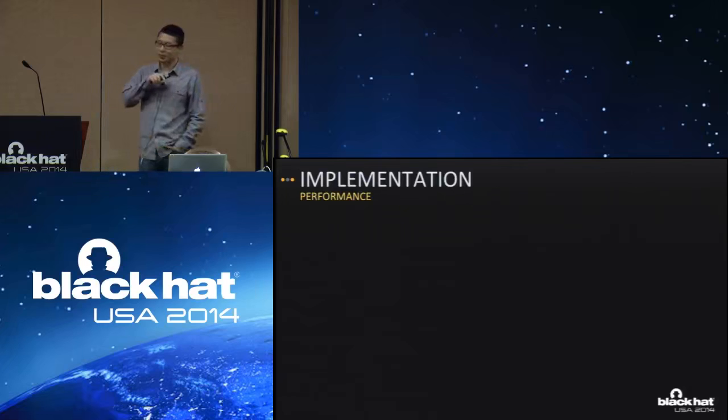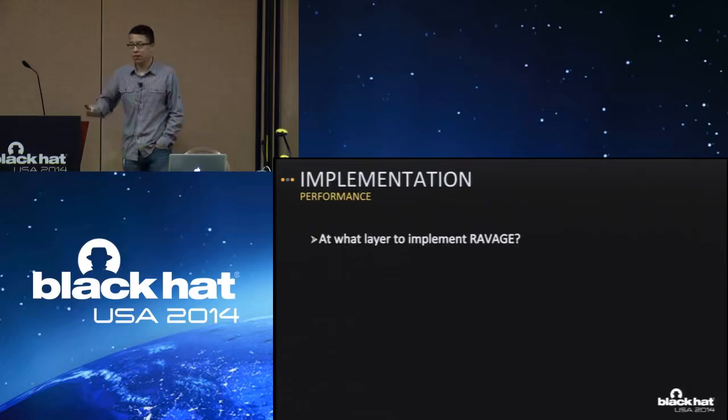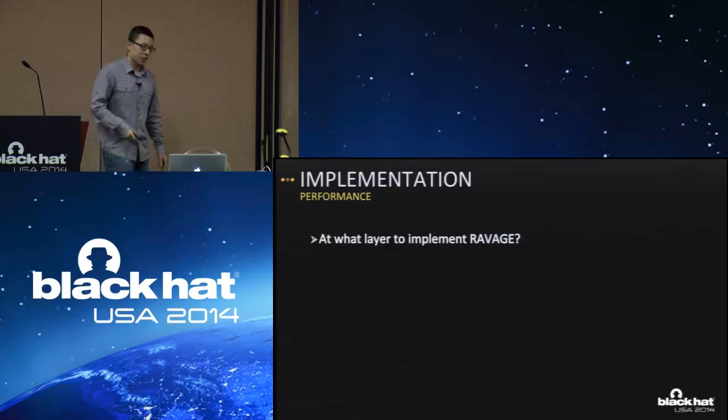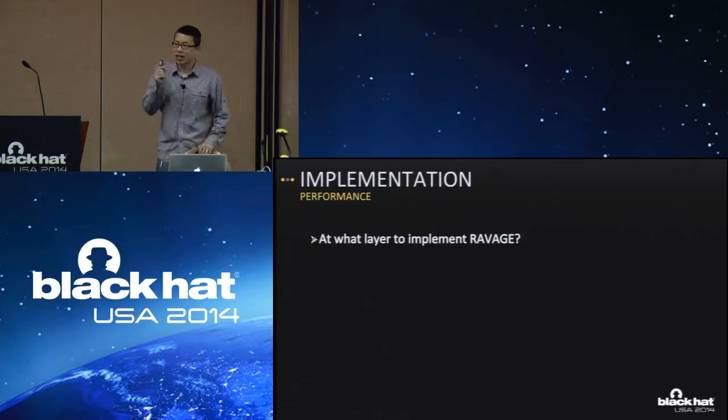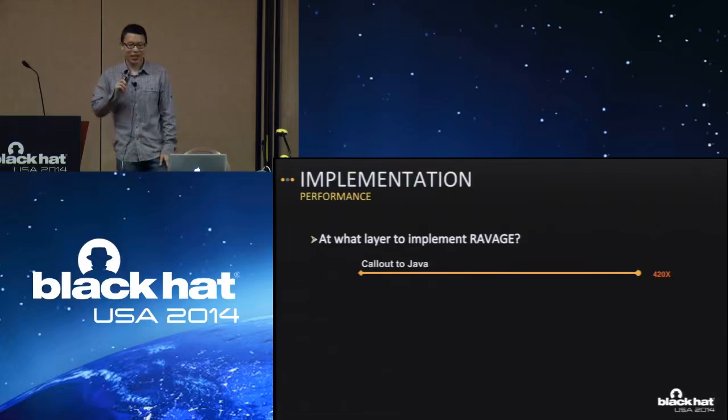But before we did our implementation, one question we thought about is, where do we want to implement RAVAGE? We talk about modifying an interpreter, but it's all assembly code. We didn't want to write a bunch of assembly code. It's hard to maintain, hard to debug. We were like, why not just insert a tiny hook into assembly code and call out to Java to handle whatever logic we have? It sounds straightforward, right? It sounds like it should be working. And we called it Java. And we got